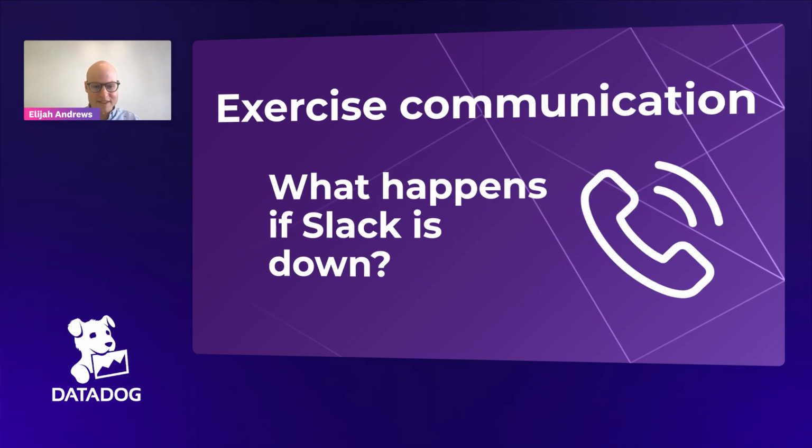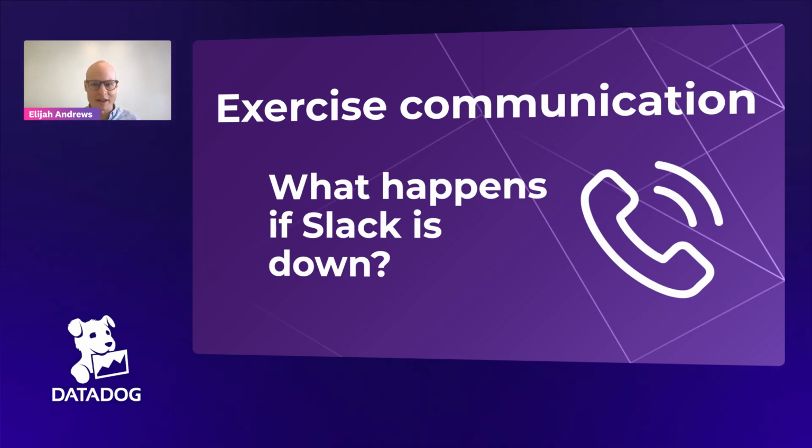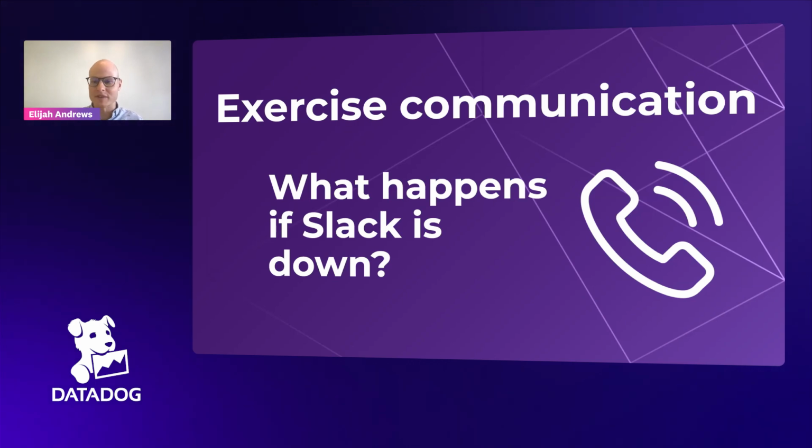What happens when your primary means of communication goes away? If Slack is down and you use that during incidents, how do you tell people to move to another thing? Is that a thing that you have a procedure for, or will you just be lost? And really simple incidents can escalate very quickly if everyone is operating in a silo and trying to fix it independently. So this is definitely something that you should be exercising when you're running your tests.